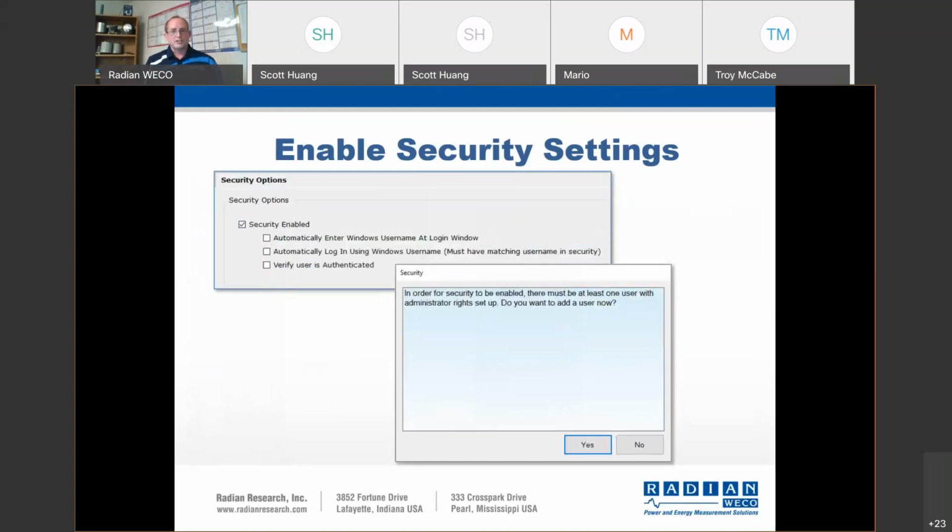So to turn it on, there's a big checkbox that says security enabled. It's pretty much the on or off button for this feature. The other choices, which we'll get to in a second, basically are going to control what the users will see when they launch WATnet. And as you're just turning the security feature on, you're going to be greeted with a pop-up window